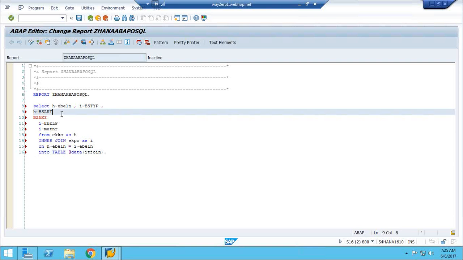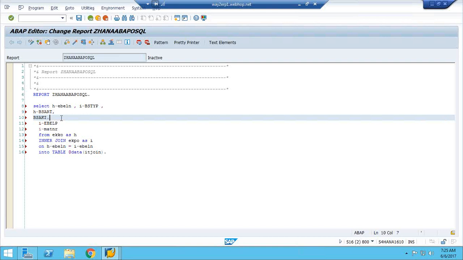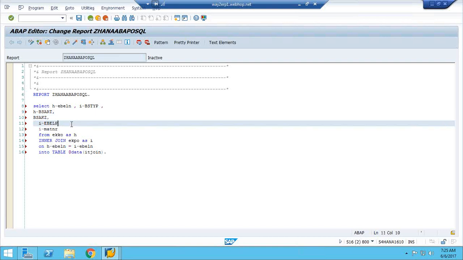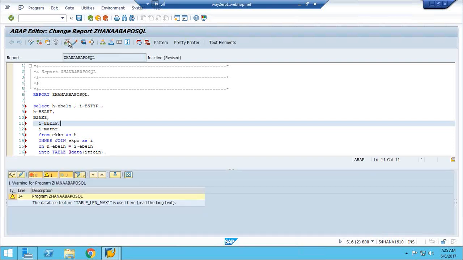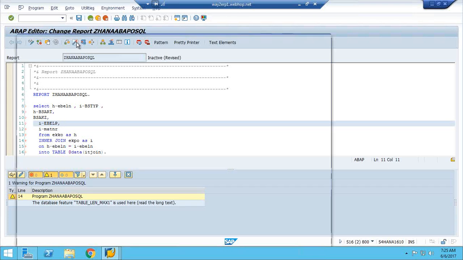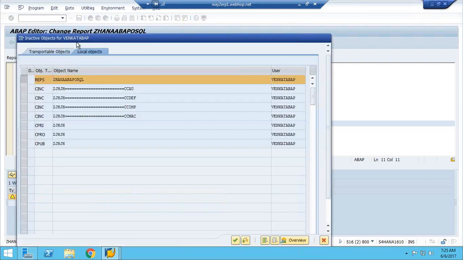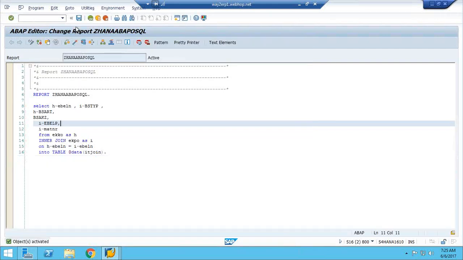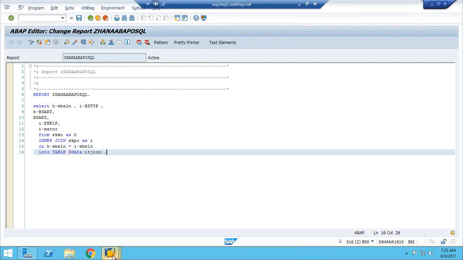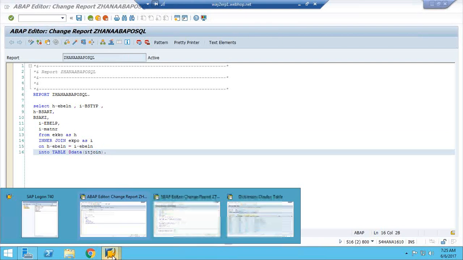Here, a comma is required. So if you want to capture the data, the output is already shown, right?